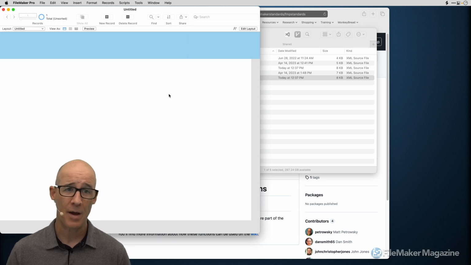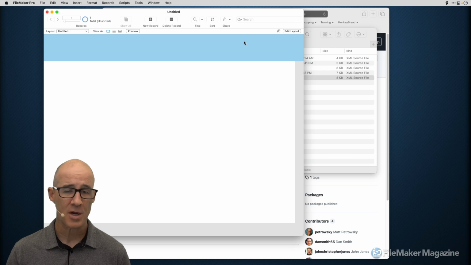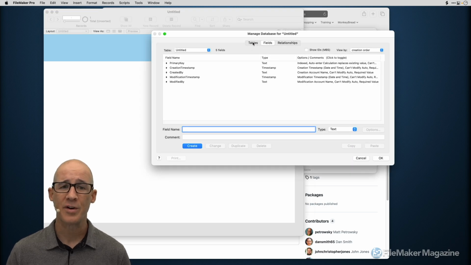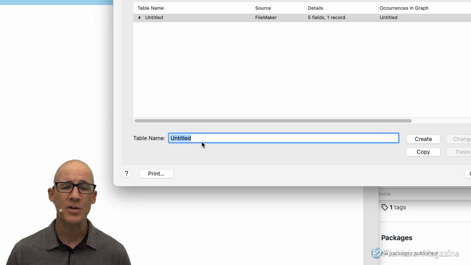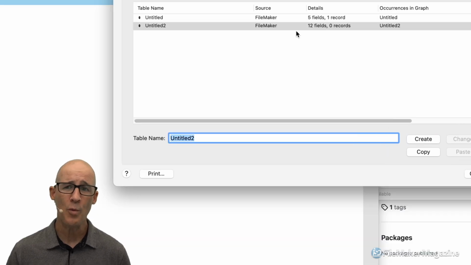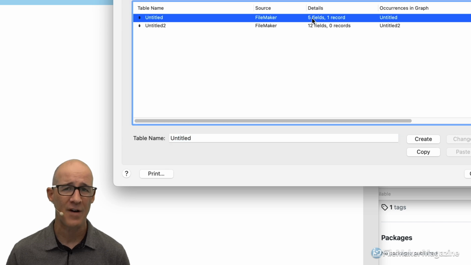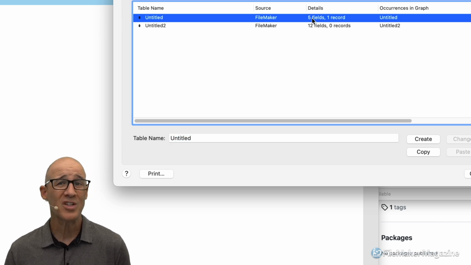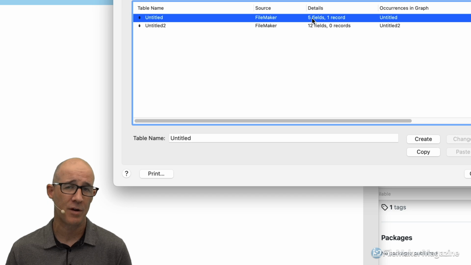So we'll go over to FileMaker, my untitled database. We'll go into the manage or define. I will now create a new table called untitled2. I'll click create right here. When we look at that, we can see the difference of 5 fields, this was FileMaker's built-in internal default